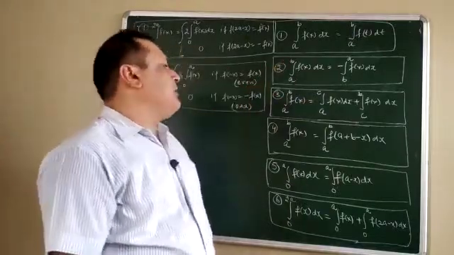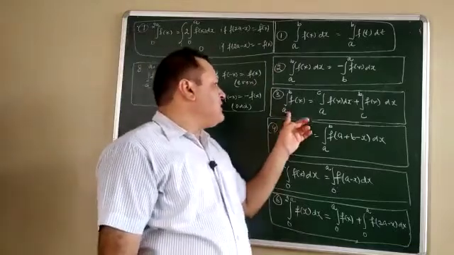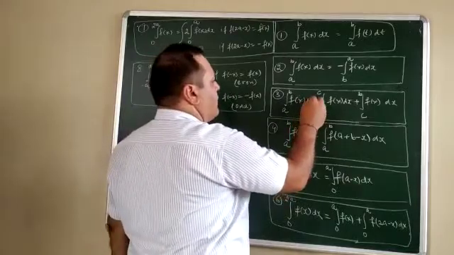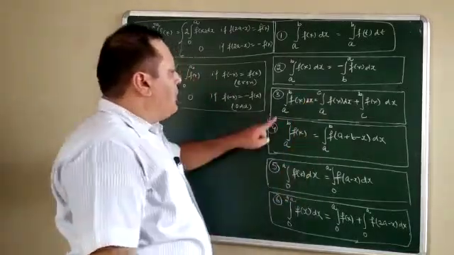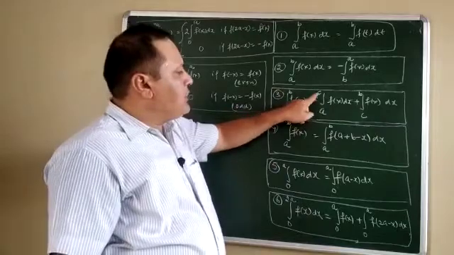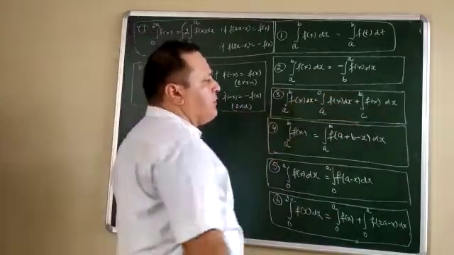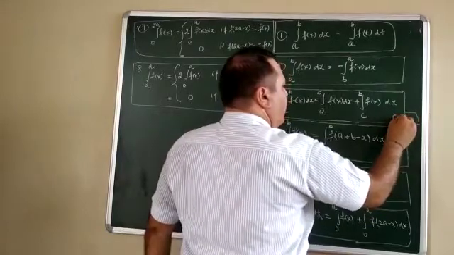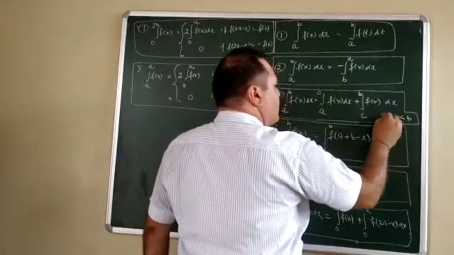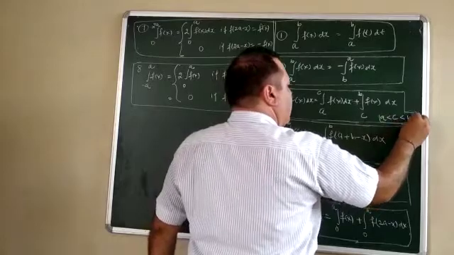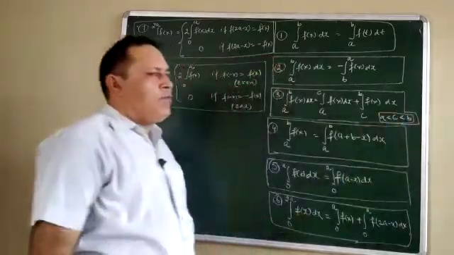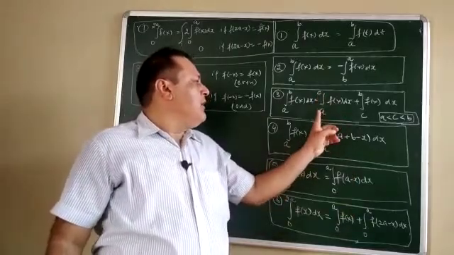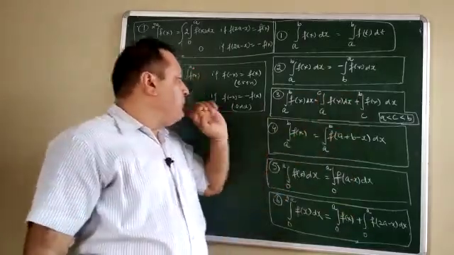Remember it. Third, f of x dx from a to b. See this one, this is the property which we used. It is from a to c and from c to b, where c is the value which lies in between a and b. This property applies specially whenever you have a question in the form of mod. So this property applies in questions of mod only, a to c and c to b.